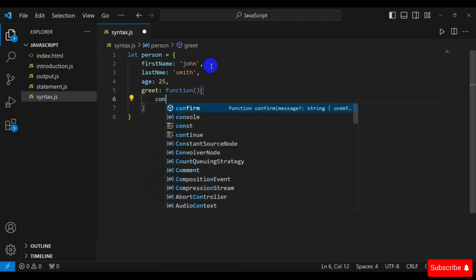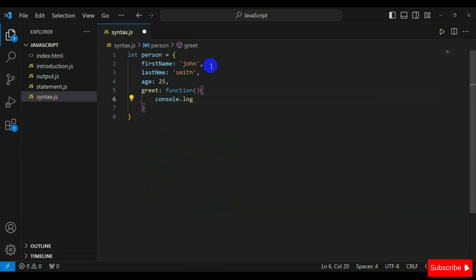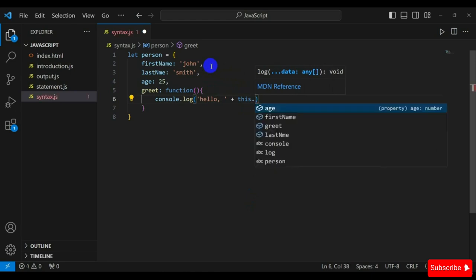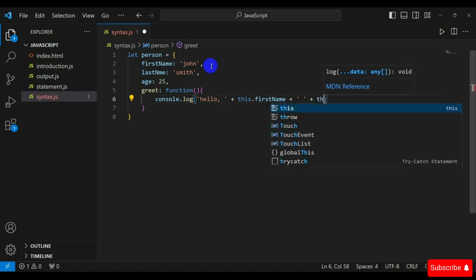Inside it, use console.log and create "Hello," then a comma, and use this method: this.first name, plus a single quotation, plus symbol, and this.last